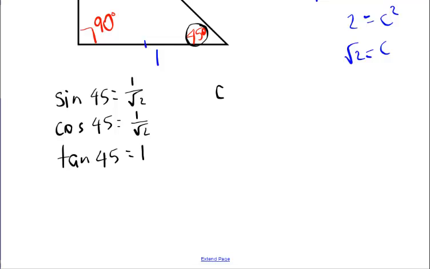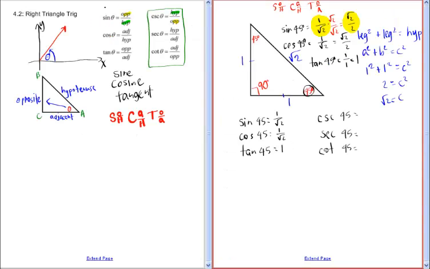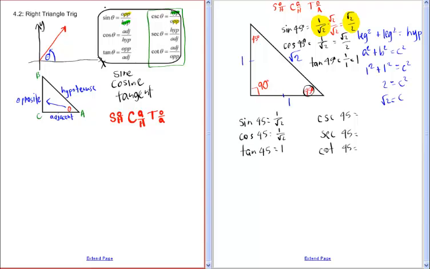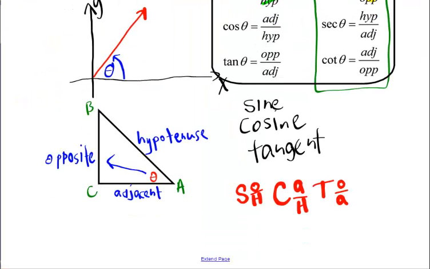So what about the cosecant, the secant, and the cotangent of 45 degrees on all of these? What is that going to be? Well, go back to a previous page. Look right here, up here in this corner. See these guys right here? These are your relationships. And so in that corner up there, we've got cosecant, secant, and cotangent. Notice that the cosecant goes with the sine. So what is the reciprocal of the sine? Well, the reciprocal of the sine